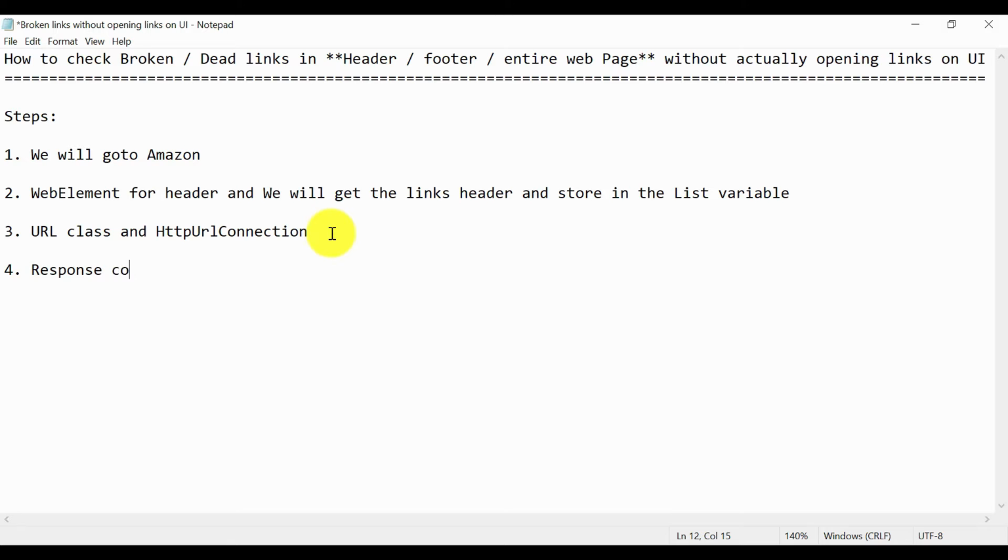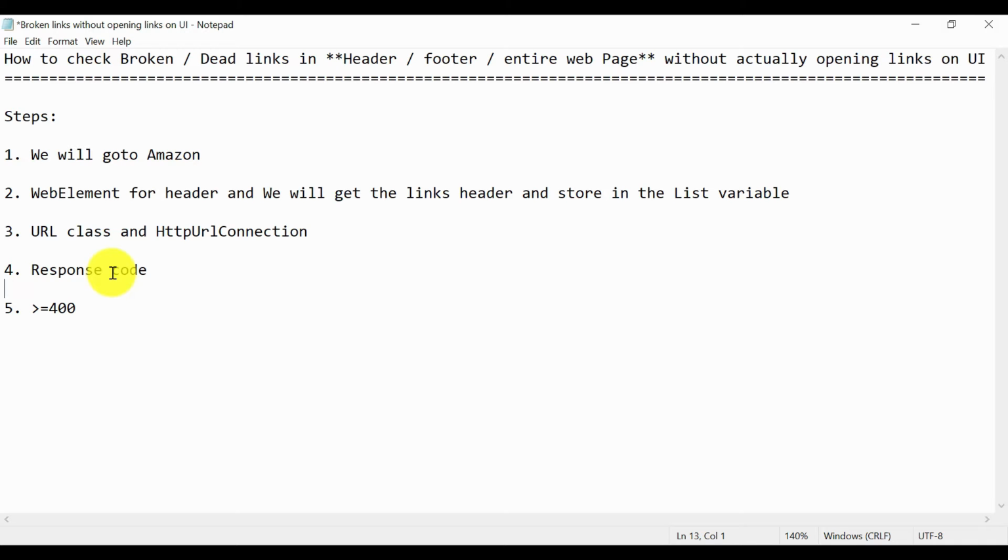We will verify it using a for loop and an if condition. If the response code is, let's say, greater than or equal to 400, meaning 400, 401, 402, 403, 404, that means that link is not working and that link is a broken link. Okay, this is how we are going to do it.